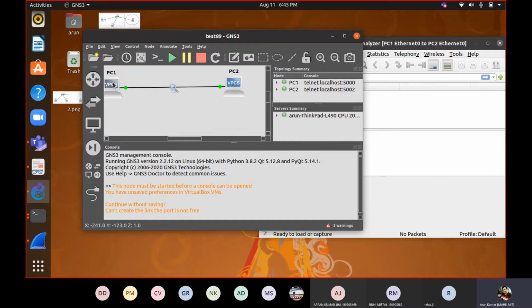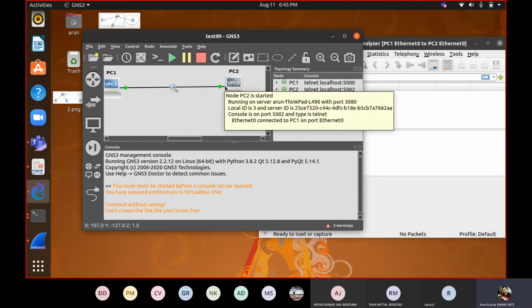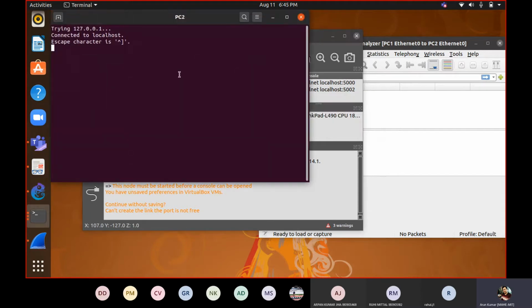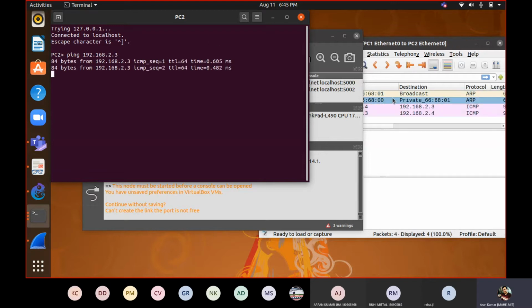From PC2 we will start, PC2 to PC1. PC2 is 0.4 and the other is 0.3. And here you can see.